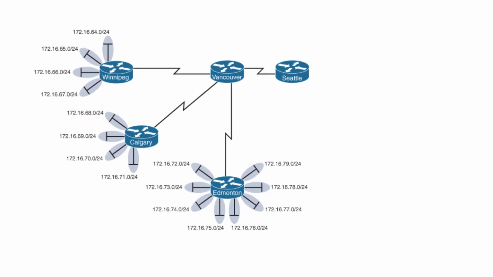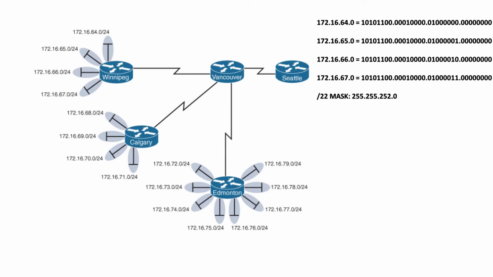common. This is a /22 mask, or 255.255.252.0. You are left with the summarized address of 172.16.64.0/22. This address, when sent to the upstream Vancouver router, will tell Vancouver,